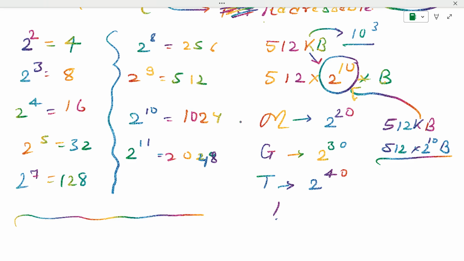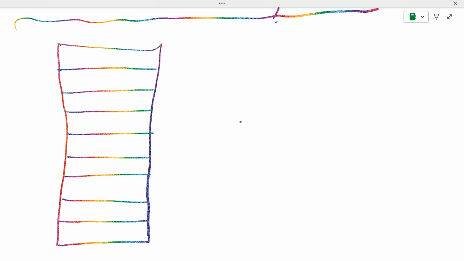Okay, so let's see what a word means and how we measure the capacity of memory. So already I have drawn this diagram. I'm just redrawing it so we could see what I'm trying to say. So this is a chunk of memory. Now if we want to determine the capacity of memory, let's say this memory is byte addressable. So these are the blocks in which we are keeping our data. So let's say we just name this block as